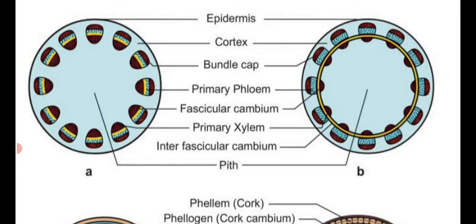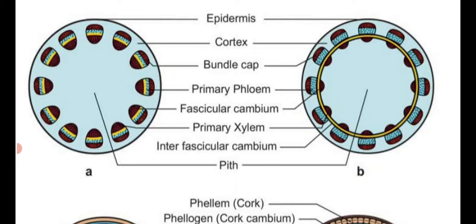This type of stele is known as eustele. That means many vascular bundles arranged in the form of a ring-like structure around the pith region is known as eustele, the characteristic feature of dicot stem. So this diagram is the structure of dicot stem, showing the secondary growth of xylem and phloem. Okay, when coming to the second diagram,